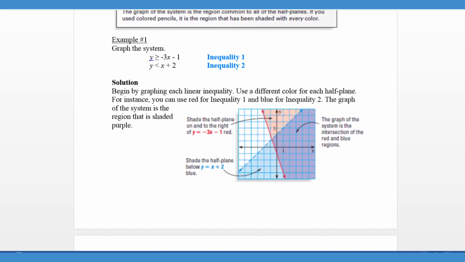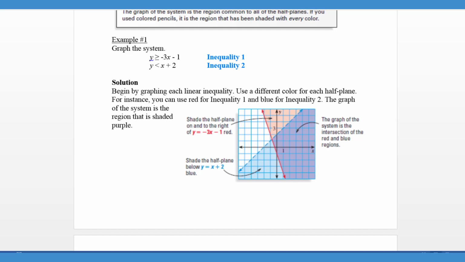At example number 1, now you can see that we have a system of inequalities here that are already in slope-intercept form. This is very helpful as far as graphing our lines are concerned and then testing a point. What you'll notice from the solution here is that when we graph y is greater than negative 3x minus 1, we get this red shaded region to the right of the line. And then when we graph y is less than x plus 2, we get the blue shaded region underneath the line. That purplish area that is combined with the two shaded regions is the technical solution to this